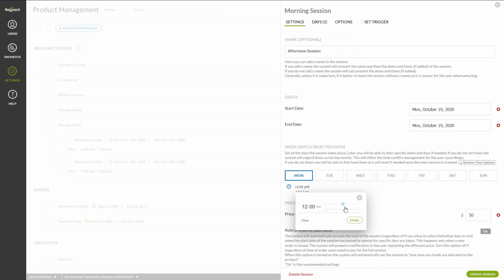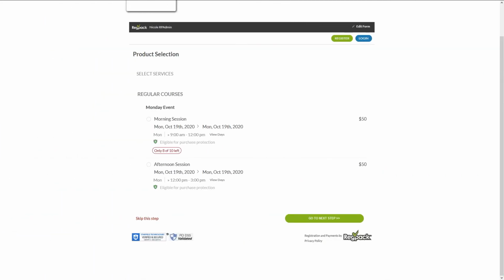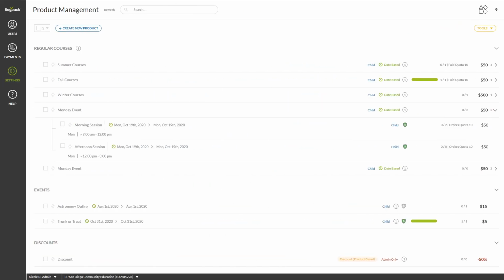Now that we've got our sessions created, let's take a look at the front end to see what the time slots look like for your users. The front end shows the name of the product session holder, Monday Event, as well as the individual session names we created, morning session and afternoon session. The date is shown as well as the day of the week and times. To view the users who have signed up for specific sessions or products,